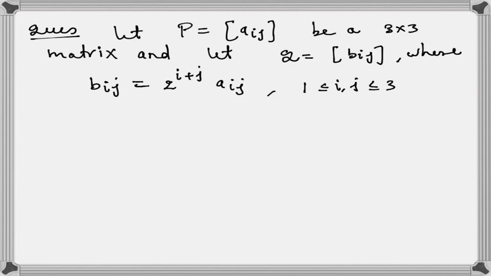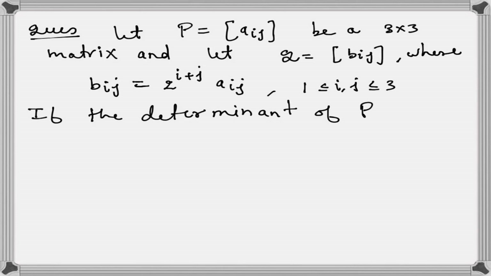So they can take the integer values 1, 2, 3. If the determinant of P is 2, then what will be the value of